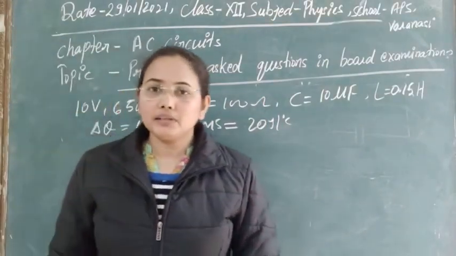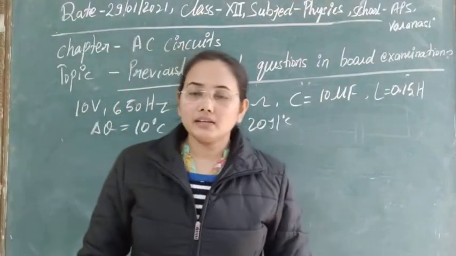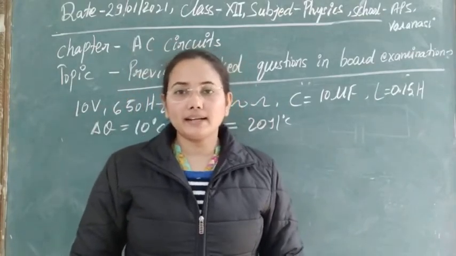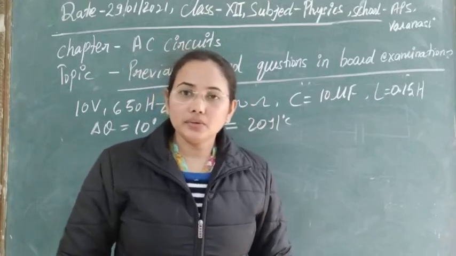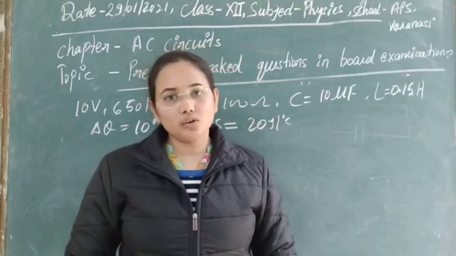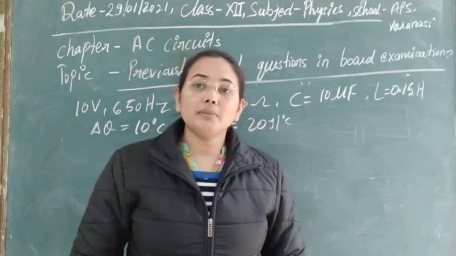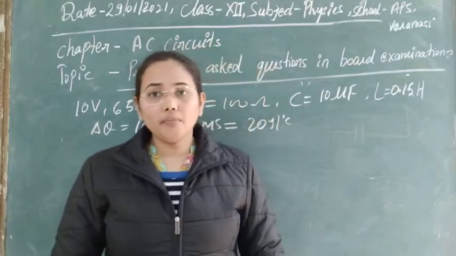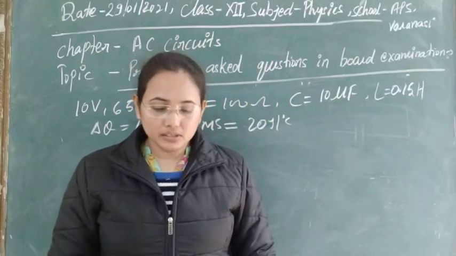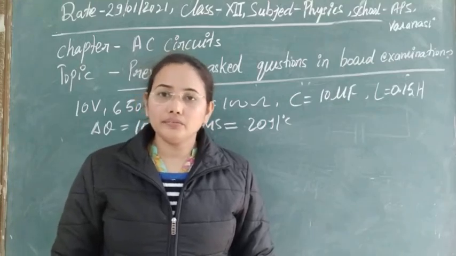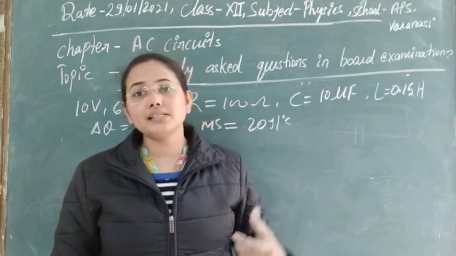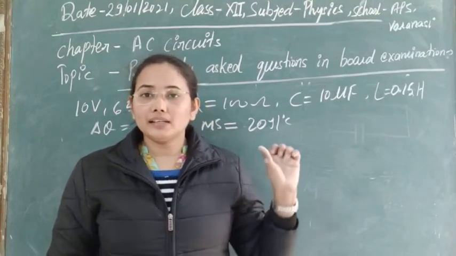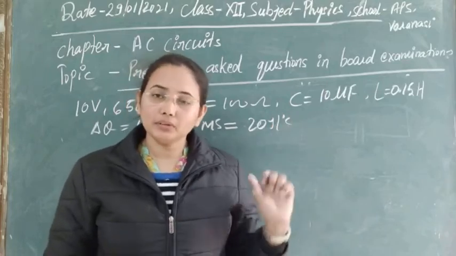Our question is very simple. Whenever current is passing through any circuit, some of the voltage is dropped across it. Like if we are using resistors, due to resistance some of the voltage and some of the power is lost, and that power appears in the form of heat. So we have to find out, given that heat, the resistance gets heated by 10 degrees Celsius, what is the time taken by the circuit to heat up by 10 degrees Celsius.